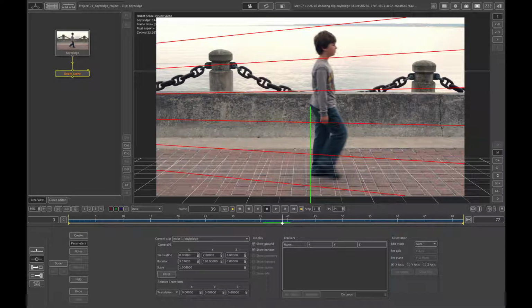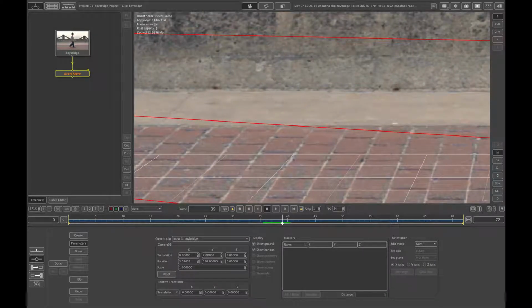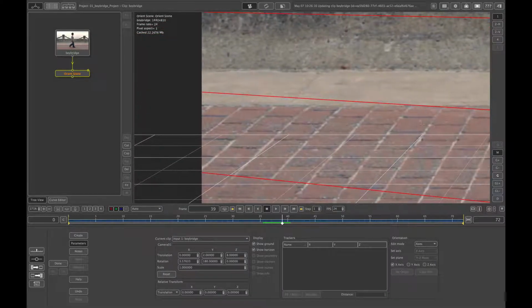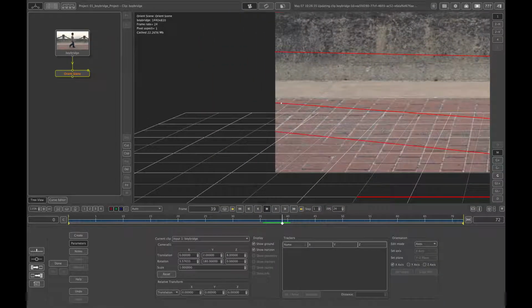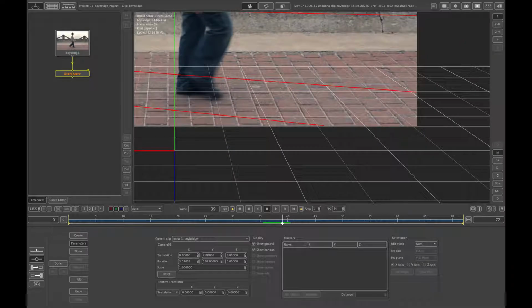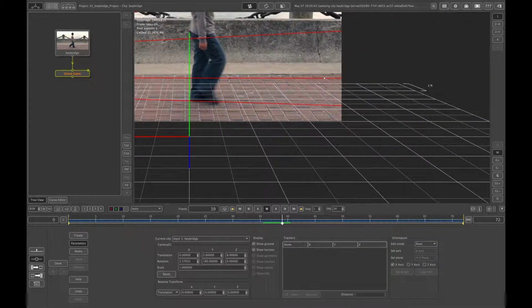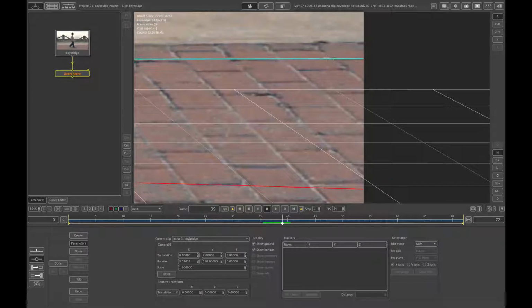And for this, what I'm going to do is start lining this up on any kind of a straight line reference that I've got. In this case, I've got all of these paving tiles. So I'm going to grab that axis, and then holding down the Shift key, I can very accurately place it exactly where I want that point to be. And then we have to go over to the other side and grab the axis again. Just make sure we're along a straight line, which we are, and then we can zoom in, and I'm going to place it